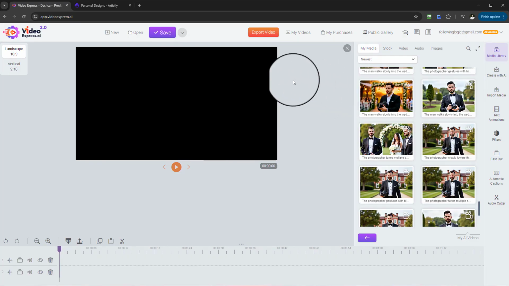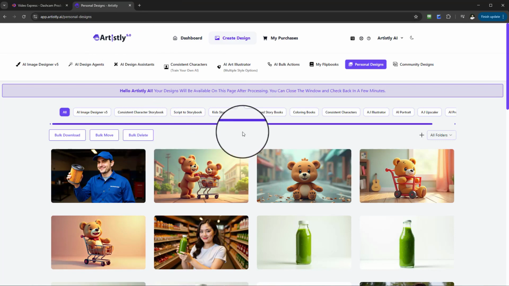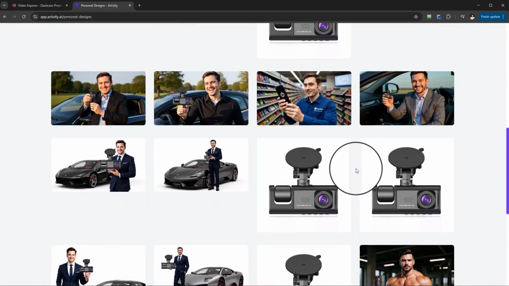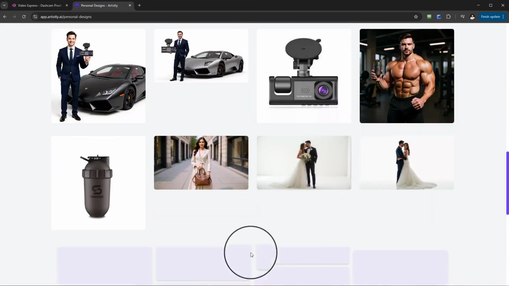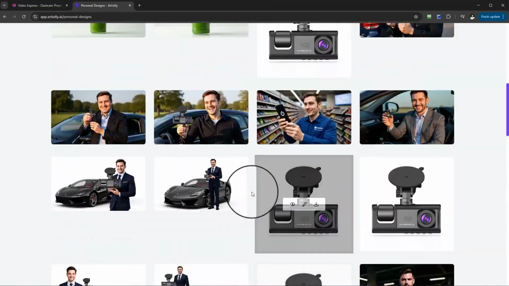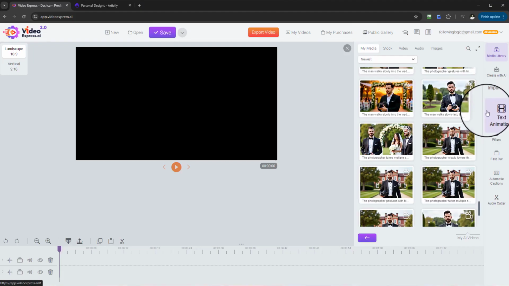So we've got a couple of aspects, and if you have Artistly, fantastic. So Artistly AI, if I just jump straight over, will allow you to create highly professional, amazing, jaw-dropping images. That's its sole specific purpose for this platform, to create amazing visuals. So you can see some of the creations that were made in Artistly. And with the integration element, I can actually bring them over into videoExpress and use them within this platform